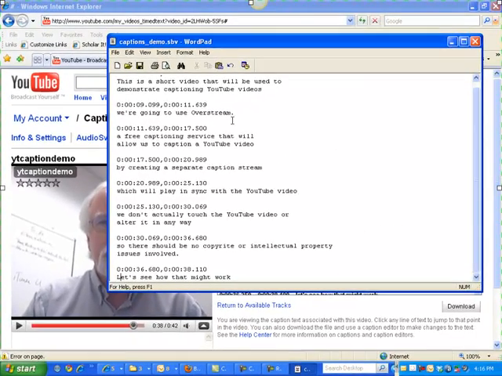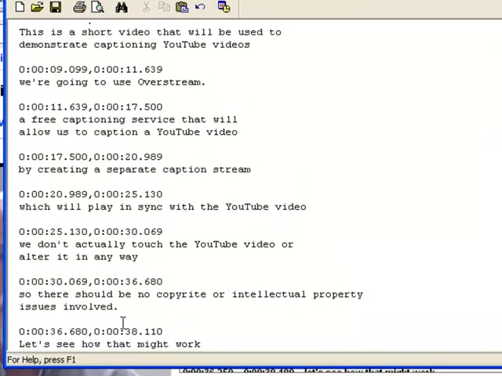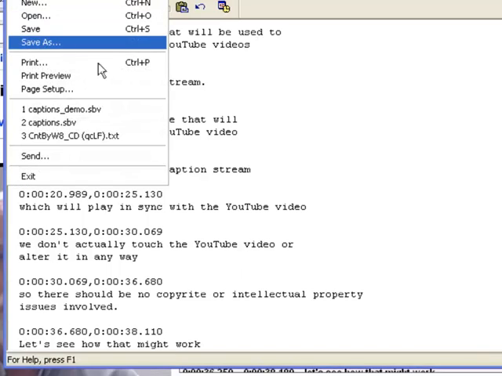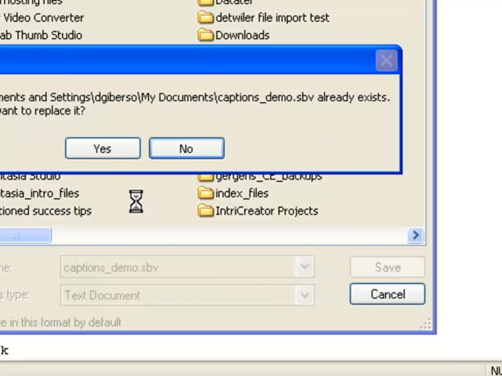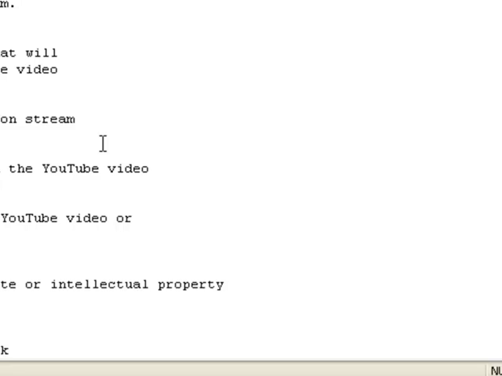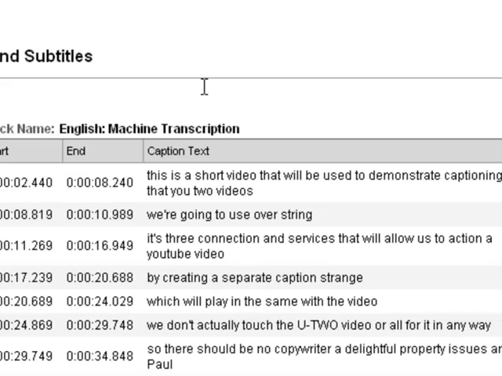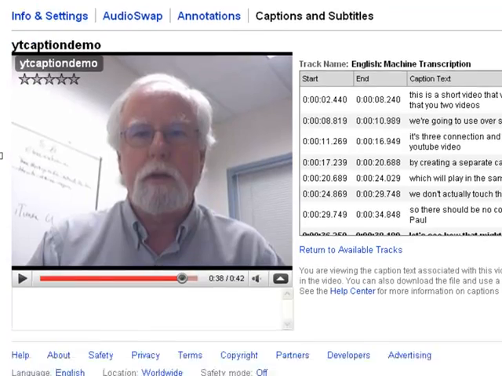But I can make these changes very easily. Okay, I cheated. I paused the recording for a minute while I went through and finished up the editing of the captions. More of the same. You get the idea how that works. Once we have the caption file appropriately edited, we can save it using the same extension as a text document in My Documents. Yes, I want to replace it because I've changed it, fixed it, and renamed it from the original default name. So now I can close WordPad,